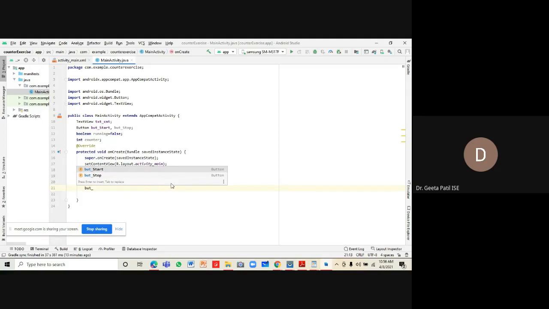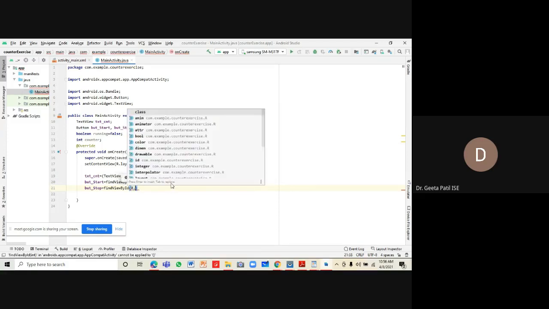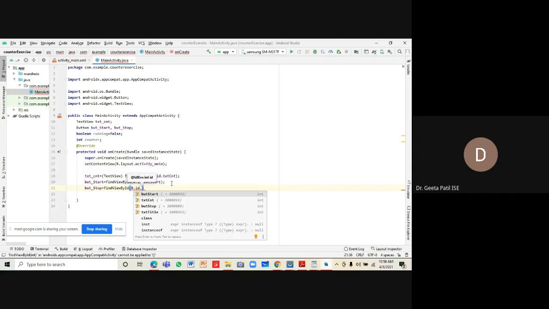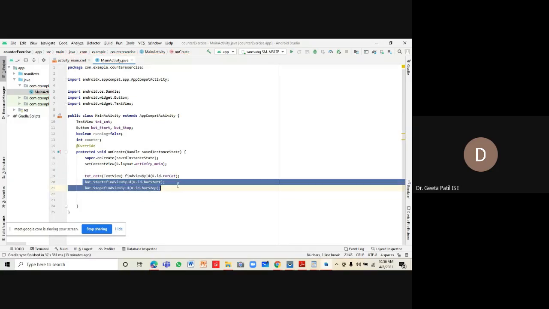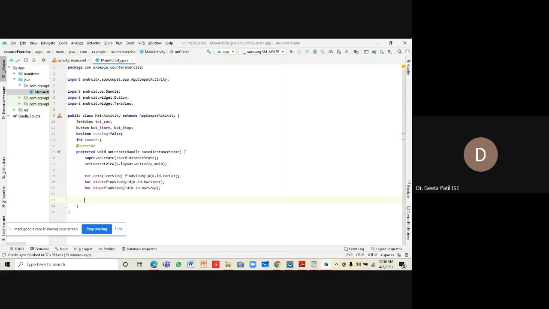The button underscore stop is equal to findViewById R dot id dot, a reference to button stop from the XML file, and a semicolon. In this code, on lines 20 and 21, I have not used typecasting.